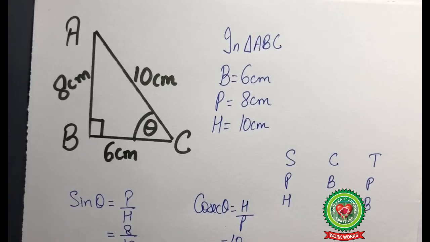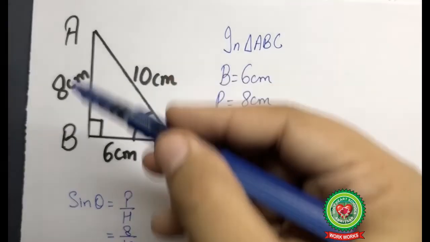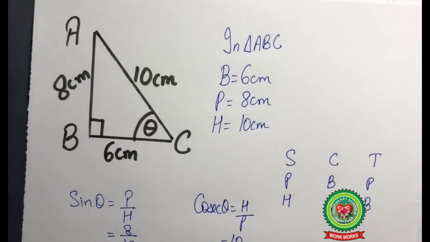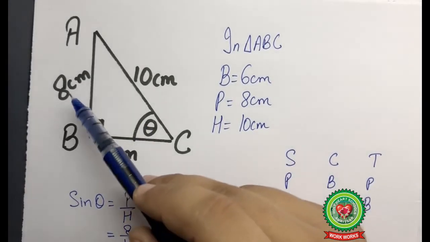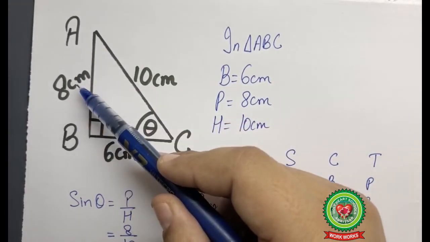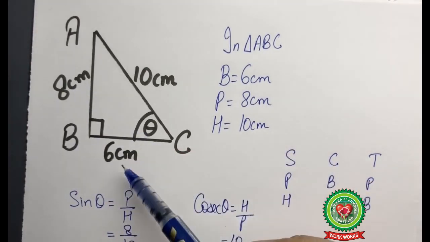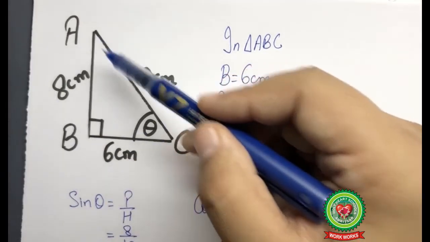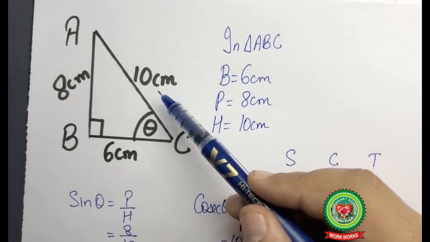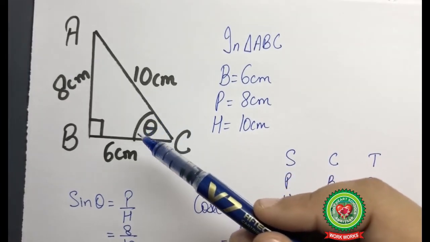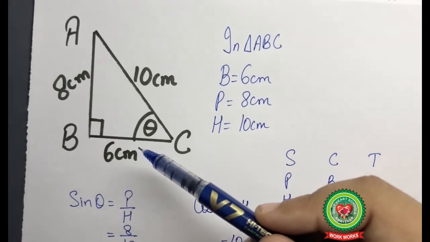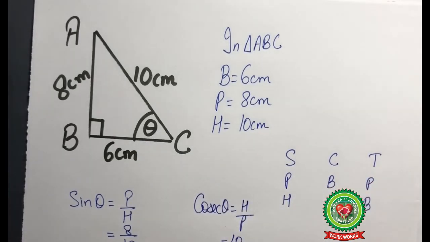The first step was that we need to draw a figure, that I've already drawn for you. The second step was we have to write down the dimensions of the sides of the triangle, which I've already written for you: AB equal to 8 centimeter, BC is equal to 6 centimeter and AC is equal to 10 centimeter. Now the third step was that we are going to identify base, perpendicular and hypotenuse.